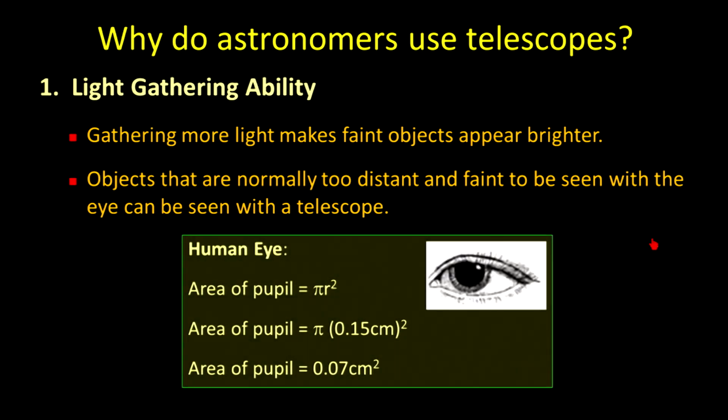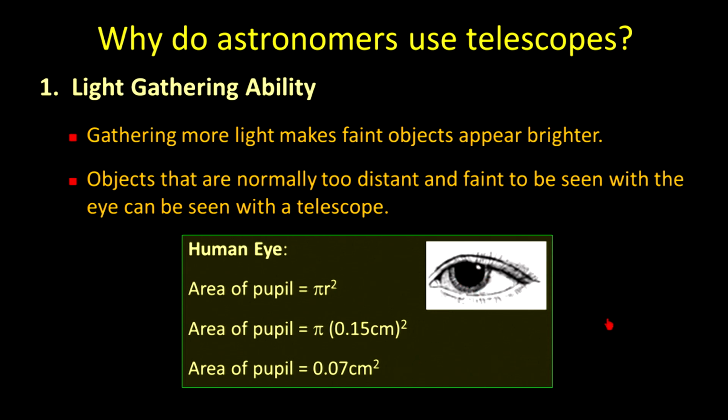Let me show you an example. So let's take the human eye, and we'll have an eye that's fully dilated, the pupil's fully dilated, and we're going to calculate how much light the human eye can gather. So the area of your pupil is simply pi r squared, and the typical radius of a human pupil is 0.15 centimeters. So we're going to square that, multiply it by pi, and what we end up getting is 0.07 square centimeters. So that's the amount of area that your eye's opening is capable of allowing light to come in. Think of your eye as a telescope that only has an opening of 0.07